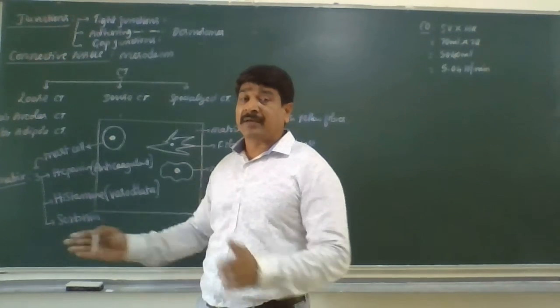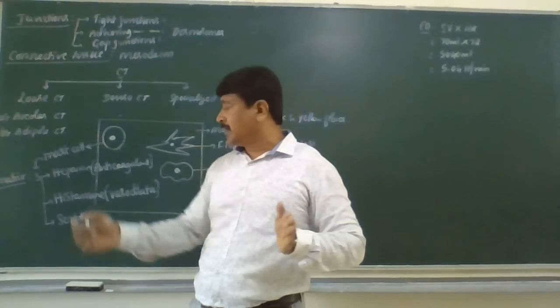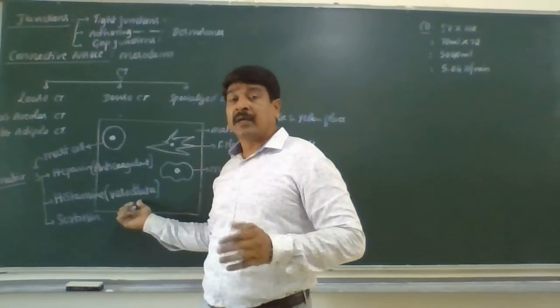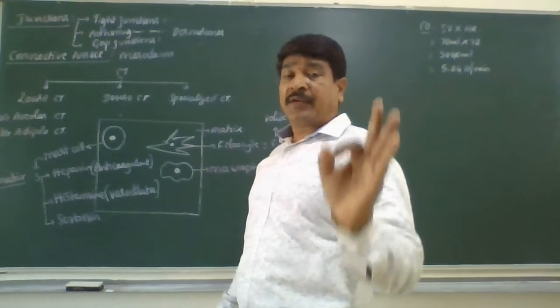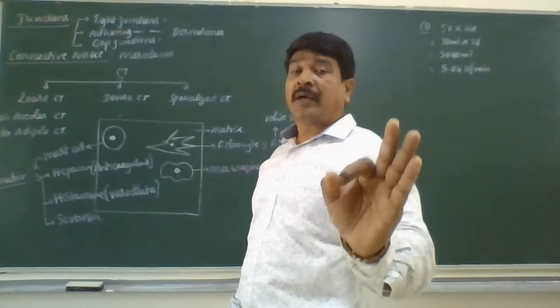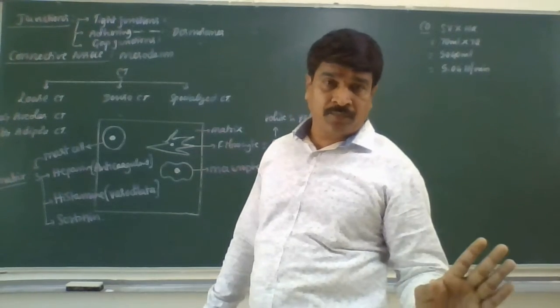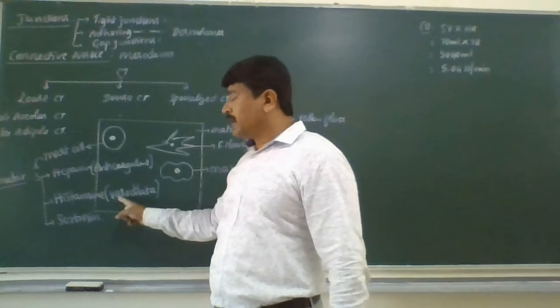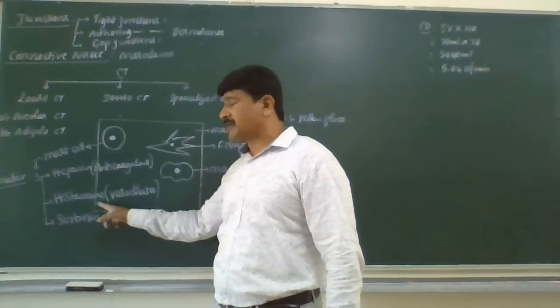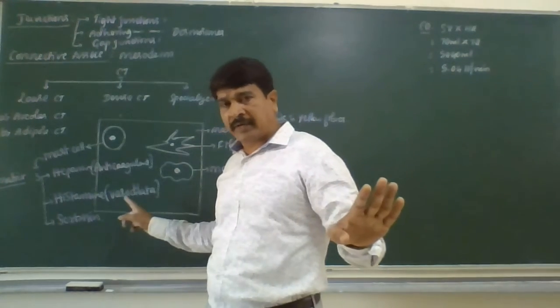This histamine increases the lumen of the blood vessel. This is called vasodilator. If this did not happen, definitely every person would get hypertension. I think you are getting it. So, increase the lumen of the blood vessel, that is called vasodilator. I think it is very clear for you.